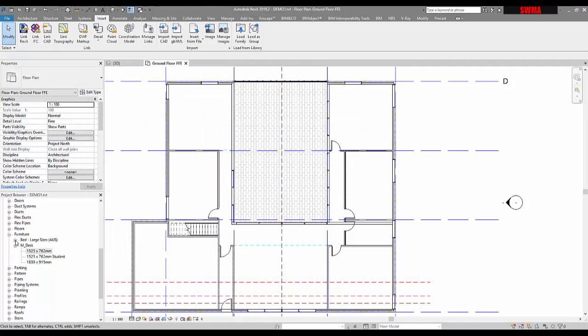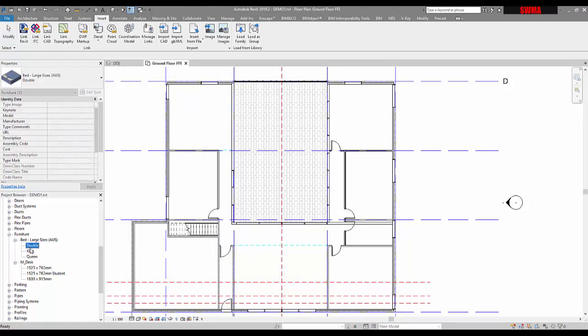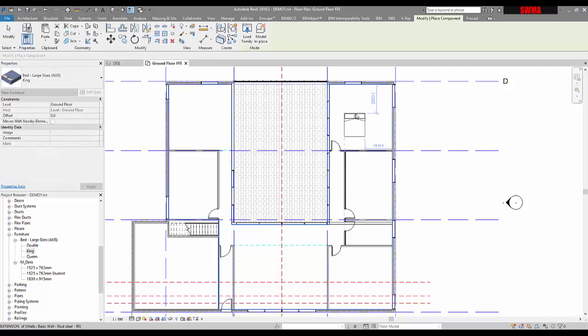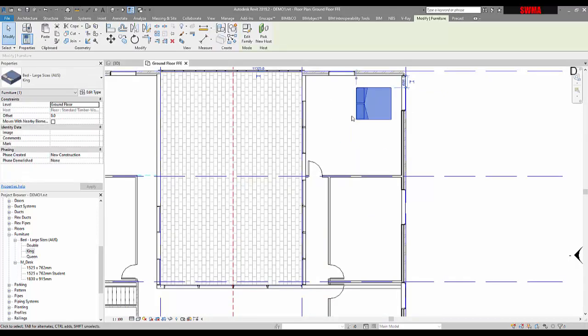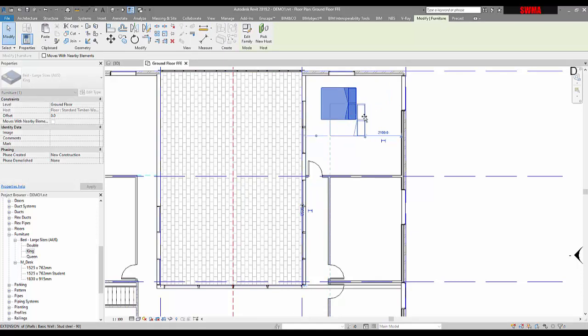And this will now load it in under the furniture category. We have a double, a king, and a queen. I'll bring in the king, and I'll go and locate it in here. And in this room, I want this bed to sort of be facing outwards. So I'm going to say, right, well, here's a king bed. The client has a king bed, and we're going to sort of place it around about here, because we've still